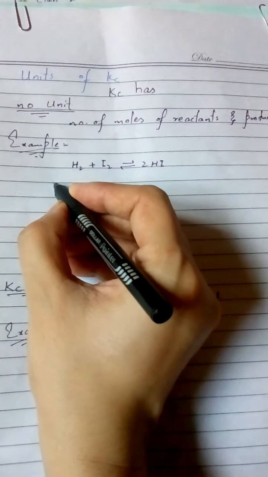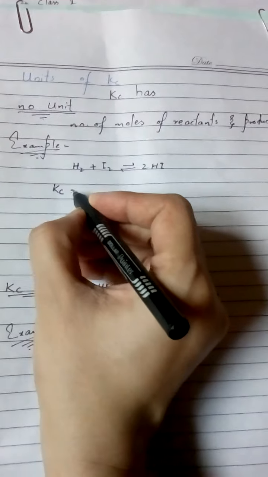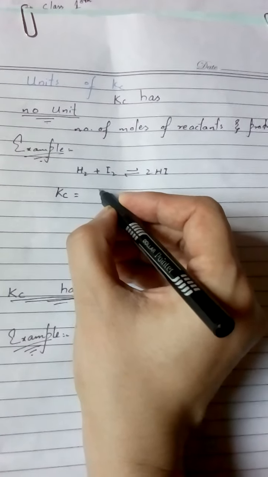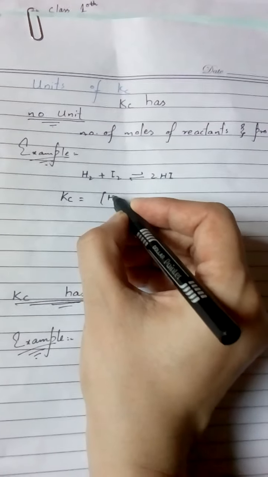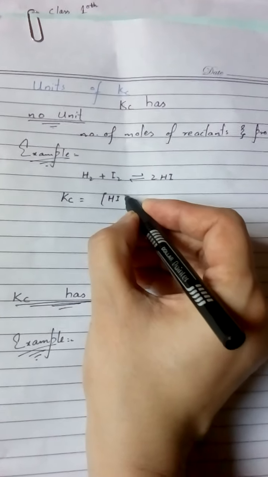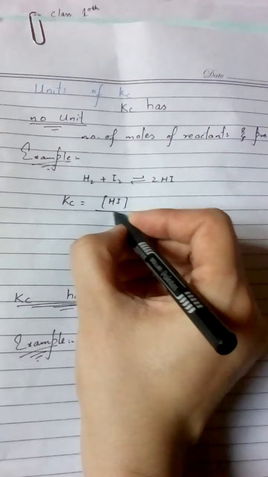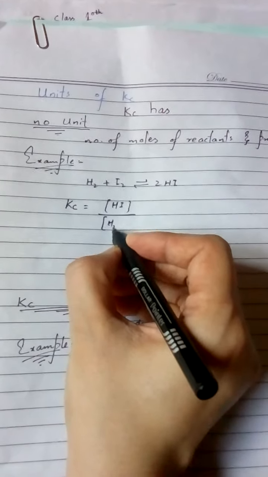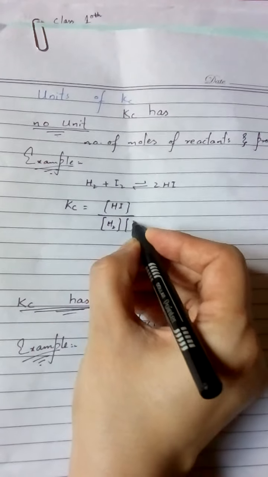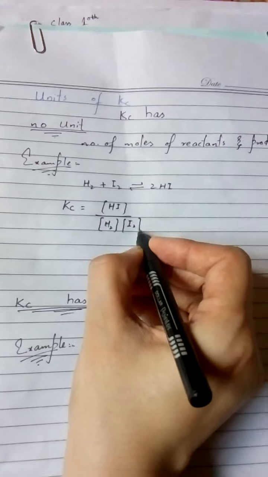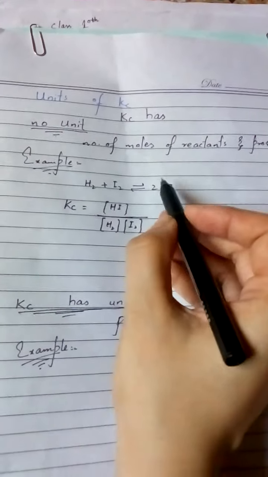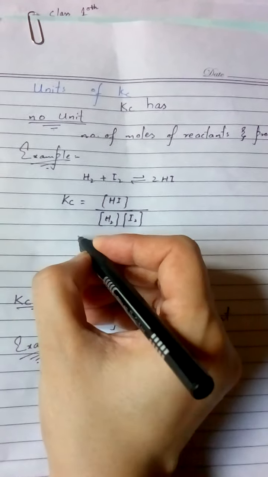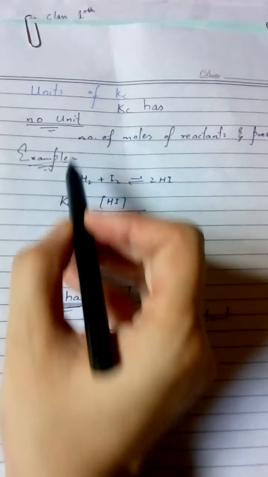So first of all, we will write the Kc equilibrium constant expression, which is the ratio of the concentration of products to the product of concentrations of reactants. Here H2 and I2 are reactants, so we will write H2 and I2 as the denominator, and HI is the product, so we will write HI as the numerator. Now we will determine the unit of Kc